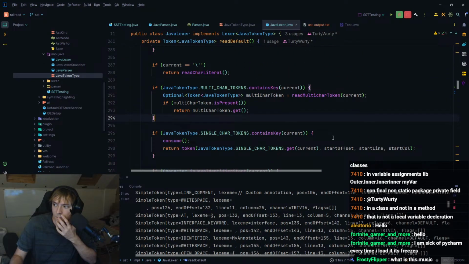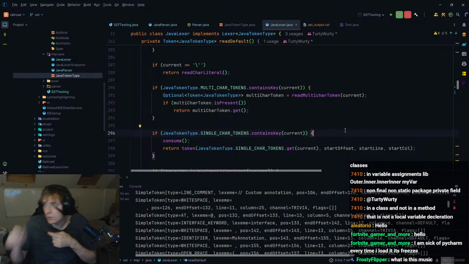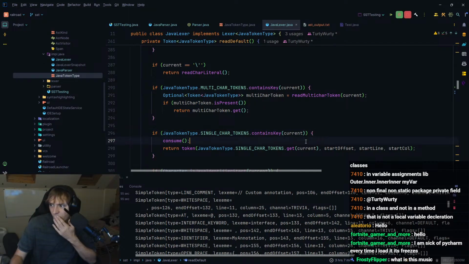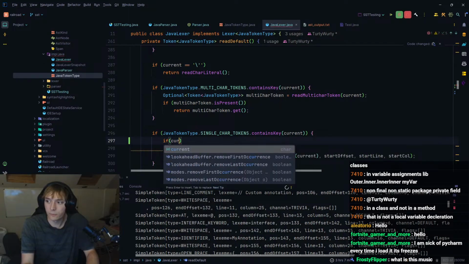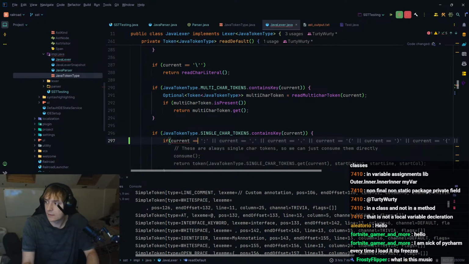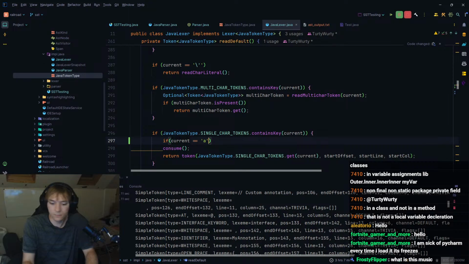Okay. The best thing to do, contains key current. Yeah. So the best thing to do here is to say if current is equal to at and peek